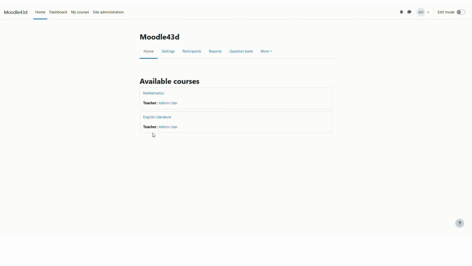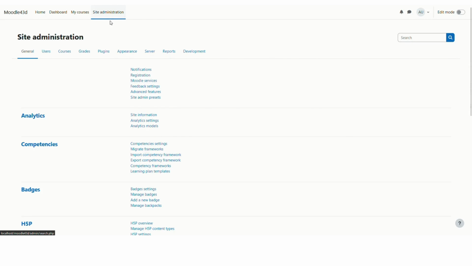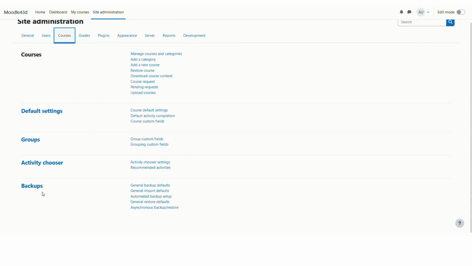your courses on Moodle. And as of now, I am logged into this Moodle site as an admin, so I will just go to this site admin page here, and then under this courses tab you will see this backups section. So here we will click on the first link named general backup defaults, which will allow us to change the backup settings